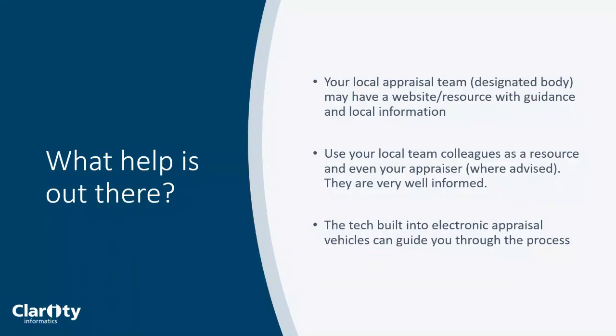In regards to help, my suggestion would be a local appraisal team. There's a team that would be able to help you with queries that you have. When you qualify and you undertake appraisal, you have a designated body, and generally that designated body that the GMC specify, they are your appraisal team. And many of those across the nation have websites and resources with real detailed guidance of the appraisal process in your area, with local information on what you need to do when you need to do it. So the appraisal team is always probably the good first place to go. So use them as a resource,